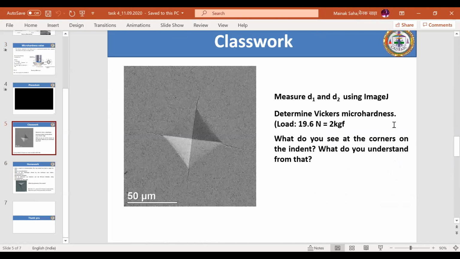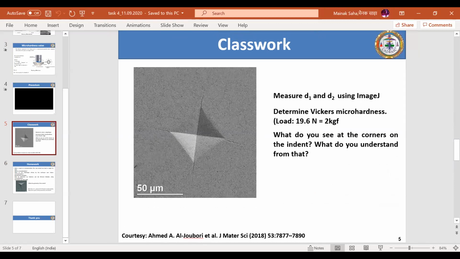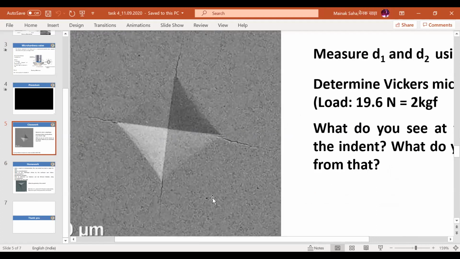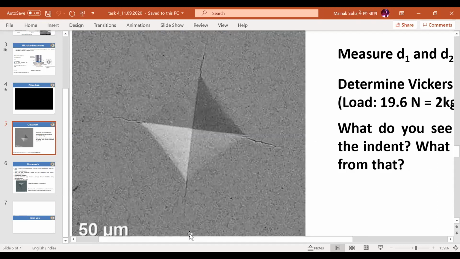So that is one thing. The second thing is just another kind of food for thought. I was initially explaining that you will see slip lines around the indents, but here you don't see slip lines. What do you see on the corners? I think you can answer this in the class itself. What are the things that you are able to see here? I will zoom in more. It seems to be sort of a crack. Not sort of a crack, it's a crack, right?